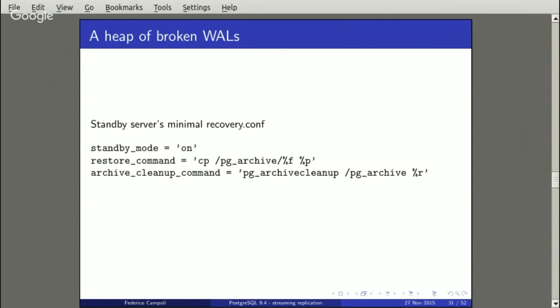We still have the restore command. We have a parameter called standby mode. When this is set, the server will never complete the recovery. And archive cleanup command. You say, why we need a cleanup command? There's a massive reason. On our point-in-time recovery, we archive all the archives and we restore the data if we need it. But in our case, when the server starts generating its own kind of checkpoints, we can discard these archives and dedicate to the archive location just a small amount of space instead of storing on a large amount of space. So this command, this program, pg_archivecleanup,